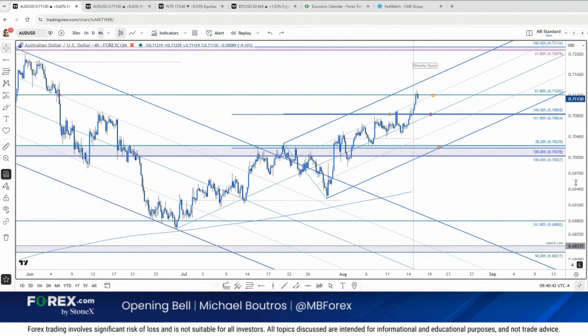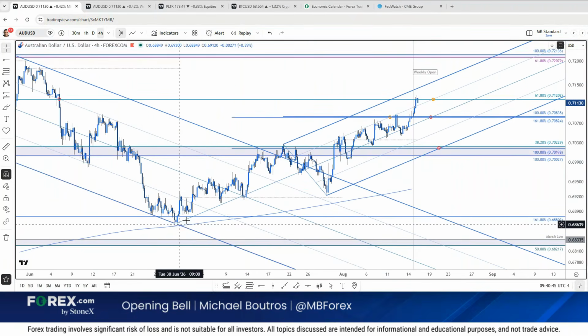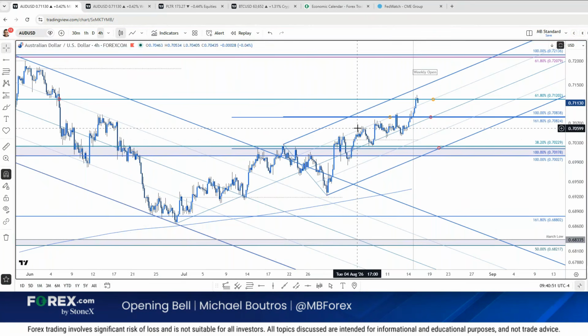Looks like this. So here's the high, low, high, low, high, low, right off the low. 75% parallel, resistance, resistance, resistance. Again, last week while I was gone, resistance. Here's the breakout. Here's the 618. If we're heading higher on this stretch in Aussie dollar, pullbacks need to be respected at 70.82, 70.83.